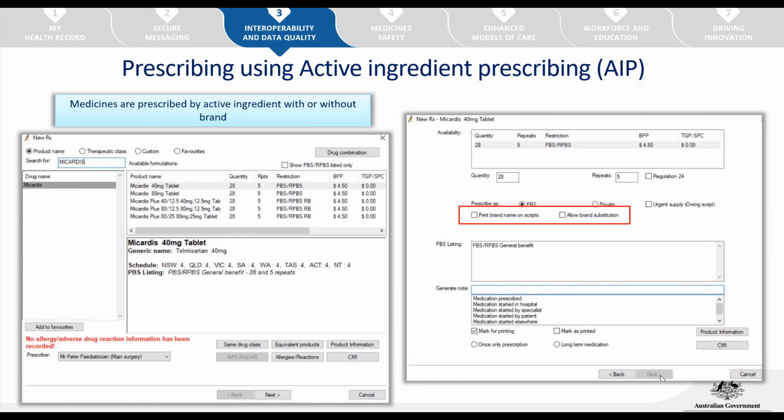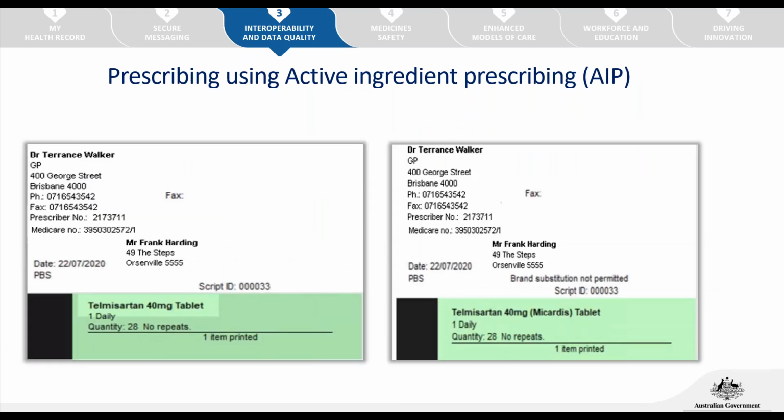So making sure that you know that that box will be unticked by default and you will need to tick it to include the brand name. And if we look at the two types of scripts now, we can see on the left-hand side, if we prescribed Mycardis and we didn't tick brand name, we can only see the active ingredient there. So we're seeing Telmastan,